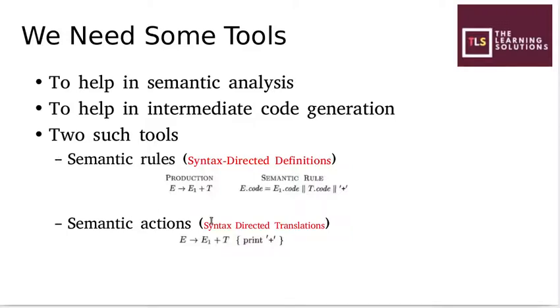Just see this particular example. If we get this kind of production in a parsing process, E1 plus T, this production gets reduced with some semantic action called plus. That means whenever a plus operation is needed, this type of action will be taken, or E1 plus T will be replaced at that particular point. So this is how syntax directed translation is used, having grammar plus semantic actions.